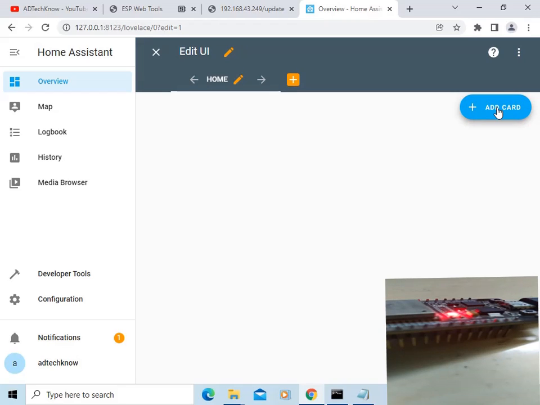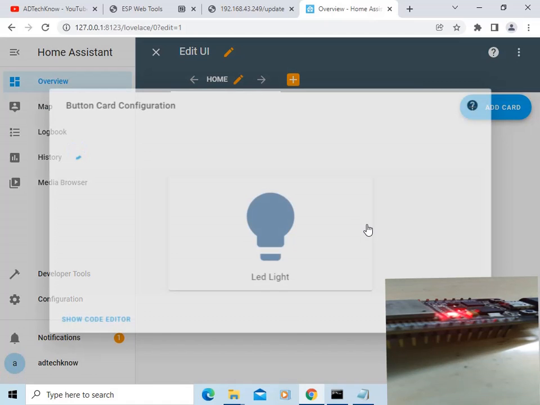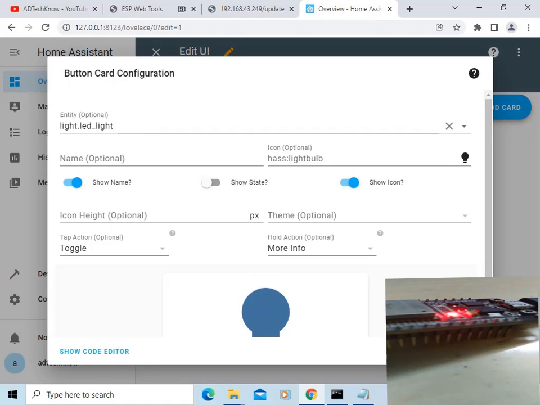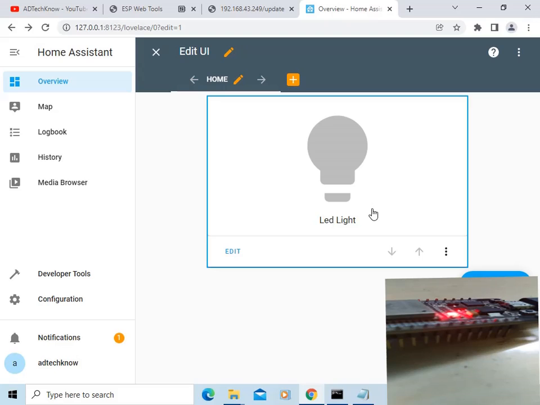Click here on add card. Select this button. Save this button. Right now LED light is off.